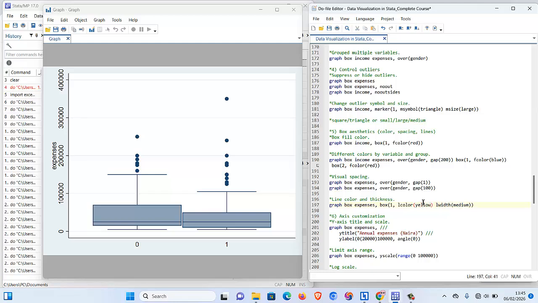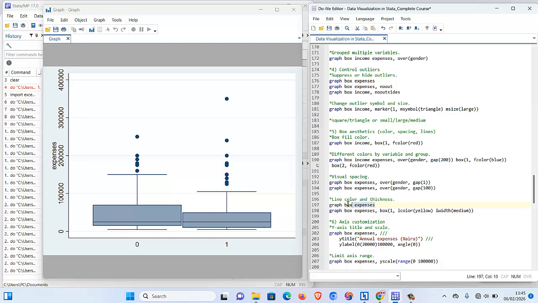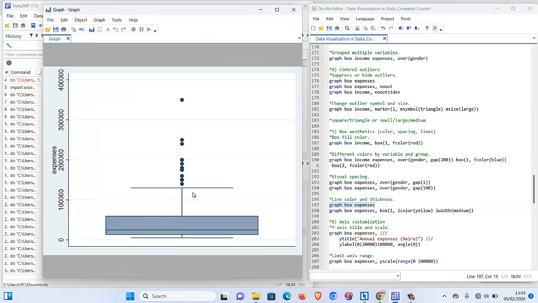Let me do the normal one first, expenses. Yes, let me execute this. You can see this is expenses, and you can see everything clearly now. Look at the line color, see everything. You see that everything is navy blue, but now I want the line color to be yellow,